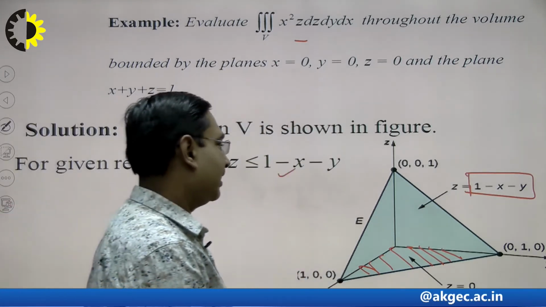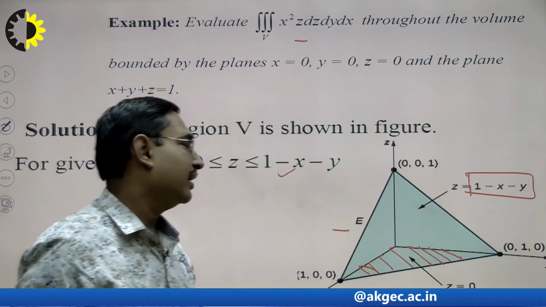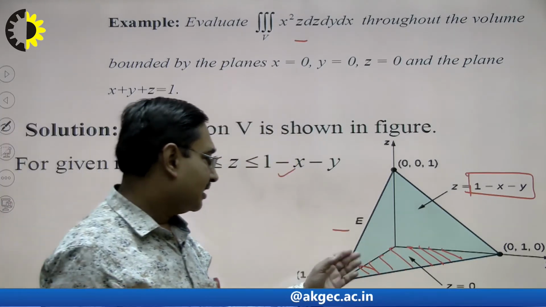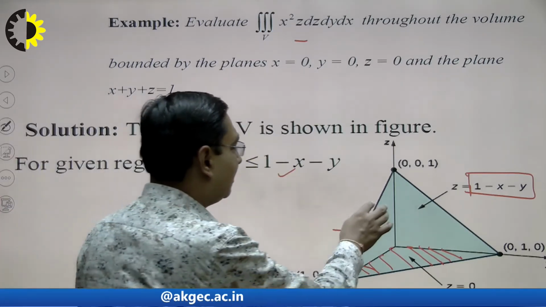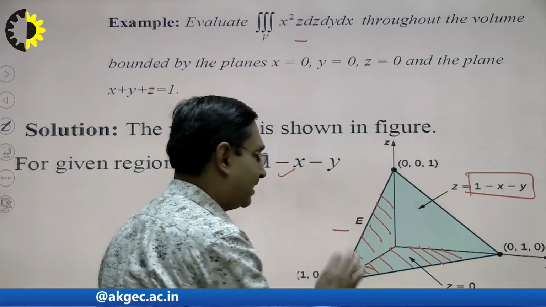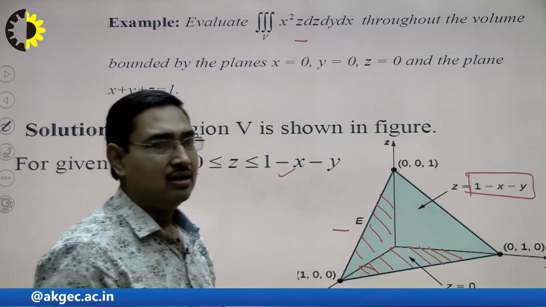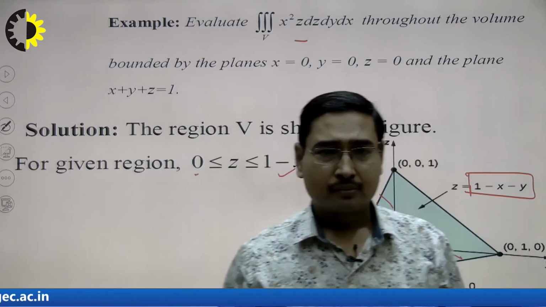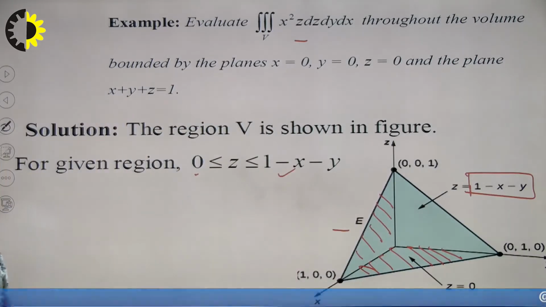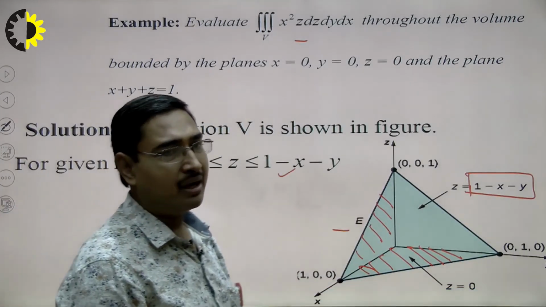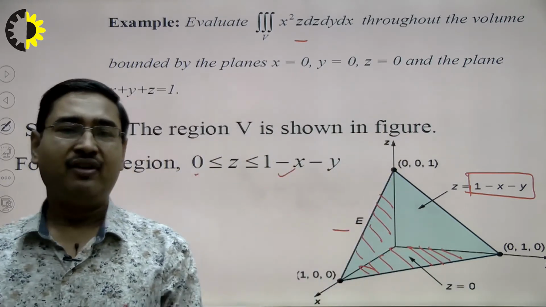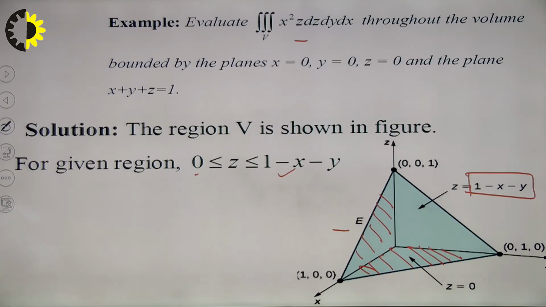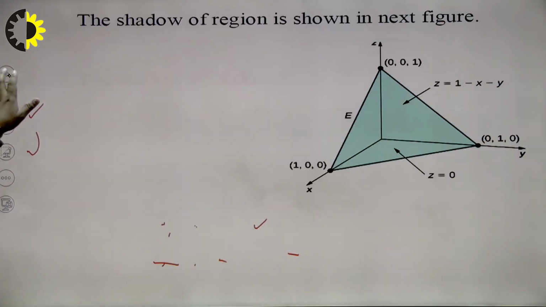Suppose I am taking the projection on the xz plane, then in that case the y values of the surface will be calculated, and then the limits in terms of x and z will be written inside. So we can find the limits in different ways. In fact, a triple integral can be written in 6 different ways by taking different types of projection and slicing.